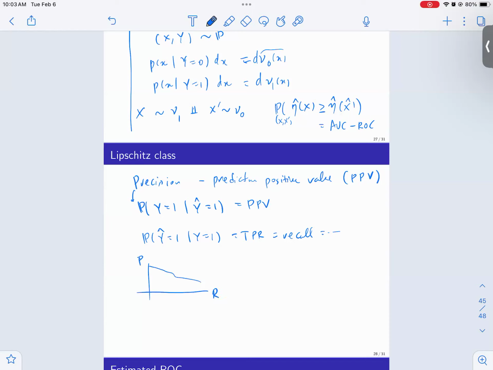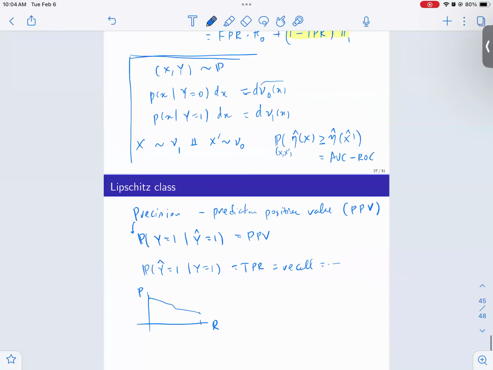You plot it and it just goes down something like that. And the advantage is this somehow captures that class imbalance issue. So if you, for example,